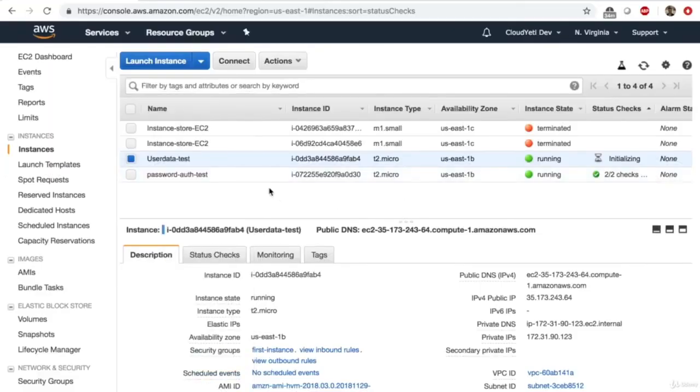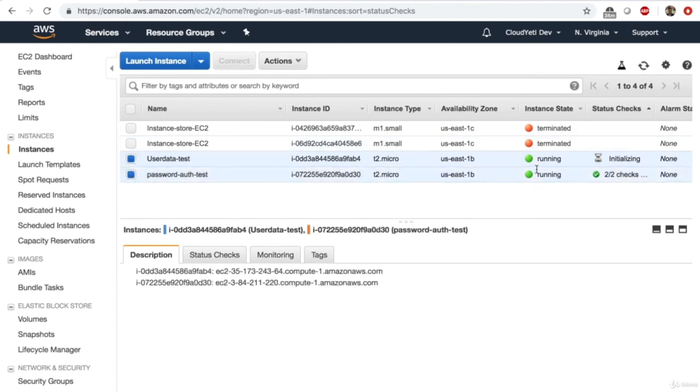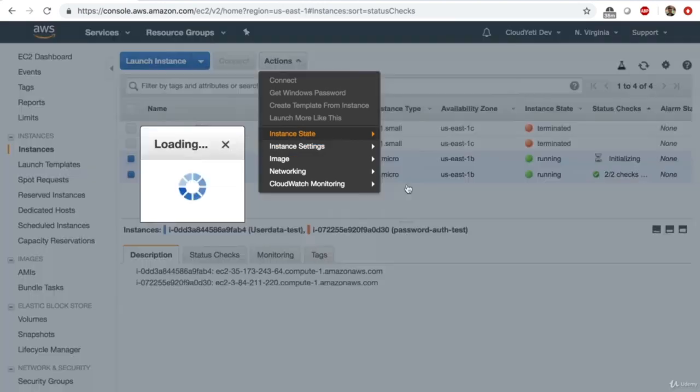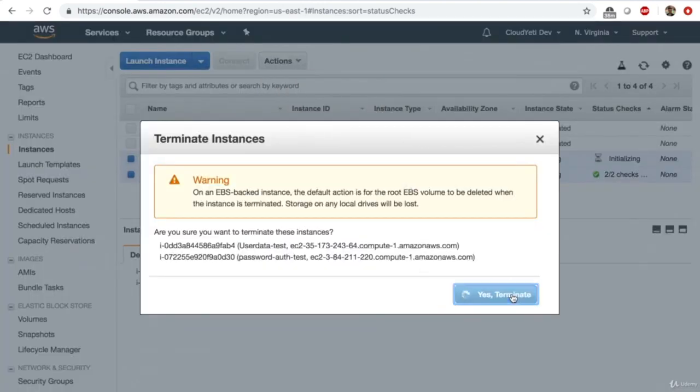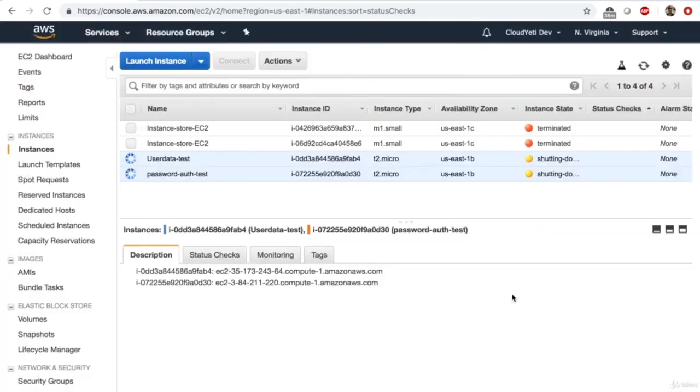I'm going to go to my EC2 management console, select both the EC2 instances running, actions, instance state, and terminate. So that will clean up